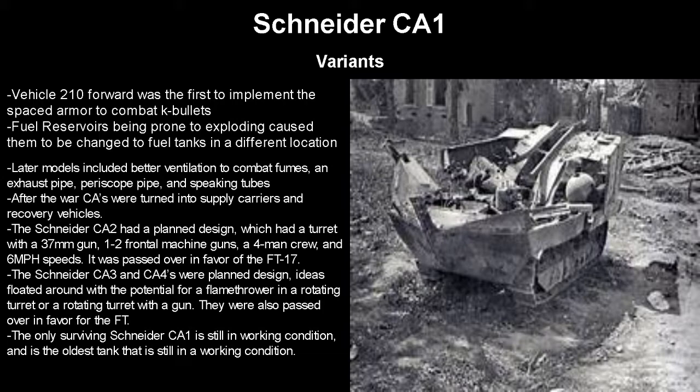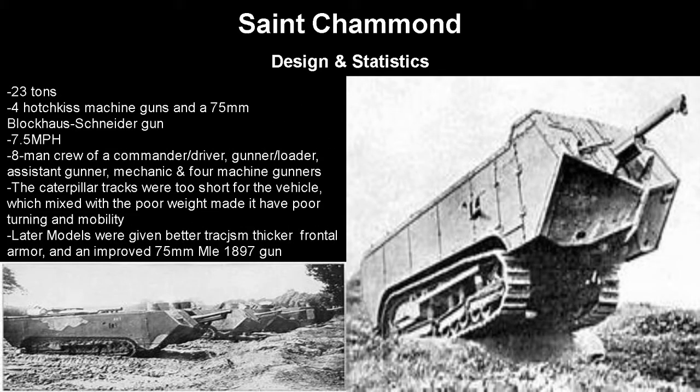The only surviving Schneider CA1 is actually still in working condition and is the oldest tank that is in working condition. I believe it was shown off in 2010 running, so that's pretty cool. Now onto the Saint Chammond. It weighed 23 tons